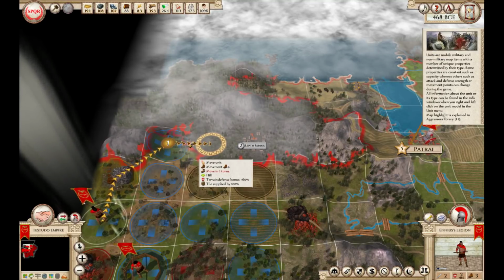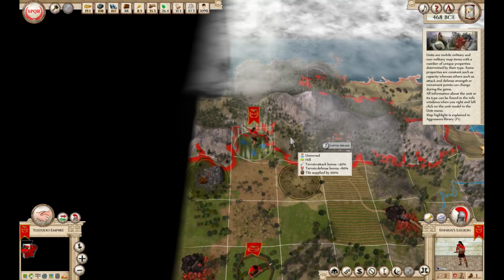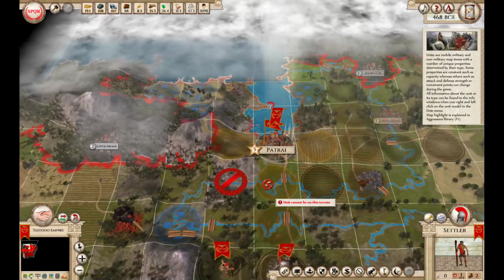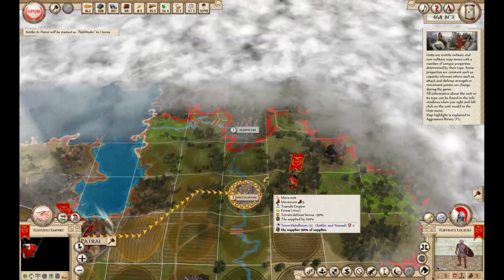Yeah, I think we'll do this and then move there next turn so we can start sieging it. And that's in supply, and that's in supply. Okay, good. So end your turn. You get the Pathfinder upgrade. I don't know if I'll get the defense upgrade. And now we still have this situation about...